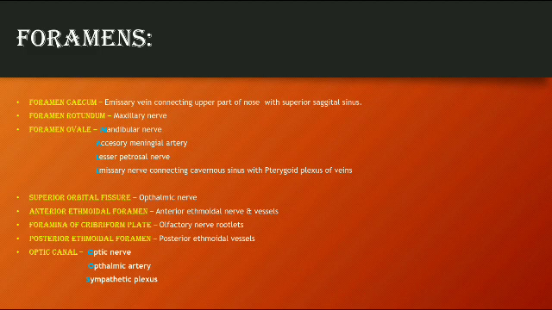Okay, so learn all these foramens and their contents very nicely, as questions on these foramens have been asked in many NEET MDS exams in one form or the other. So learn them by heart, don't just mug up. As I have explained the landmarks and their positions on the skull, if you remember the diagram in your mind very well, you can very easily remember all these foramens, and these contents are also very easy. Just remember the diagram.